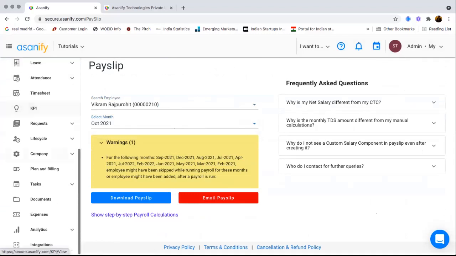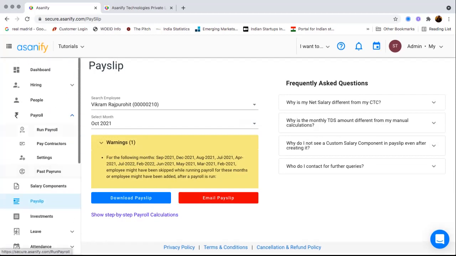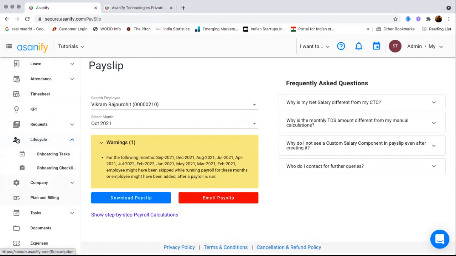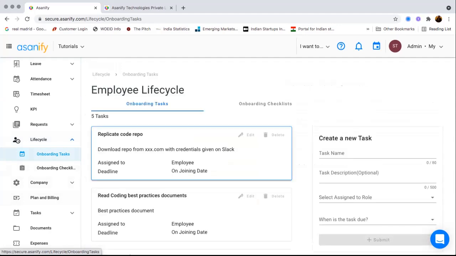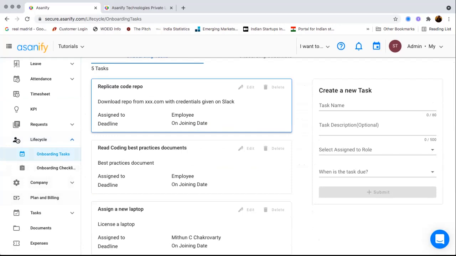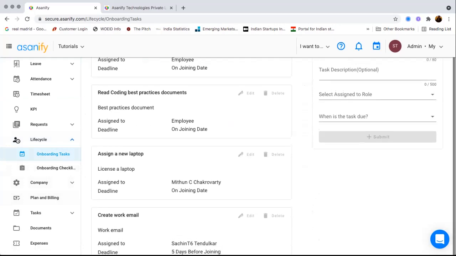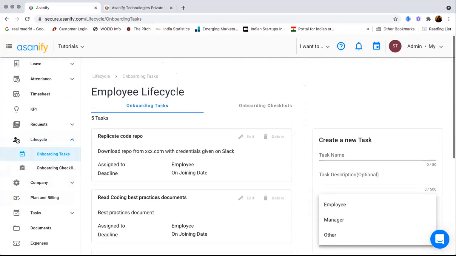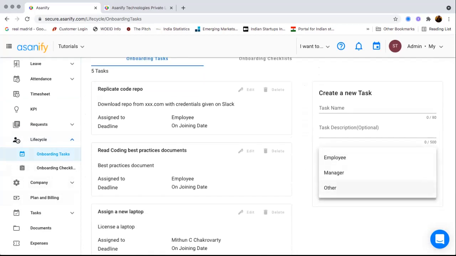Now coming to some of the other modules, we have end-to-end features. So whenever a new employee is joining, there are a couple of other things you can do. During hiring itself, there is a life cycle option, where you can create onboarding tasks. What that means is, typically whenever an employee is being hired, for example, they have to upload some documents, you can just create a task like that and assign it to a role. It will be a dynamic role. It will not be to one single employee, which can also be done.